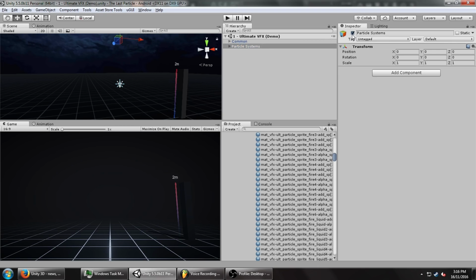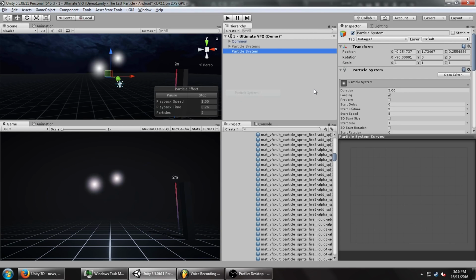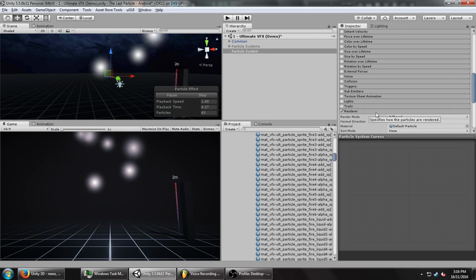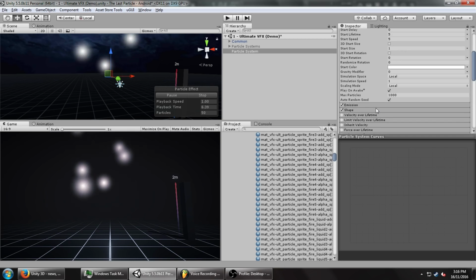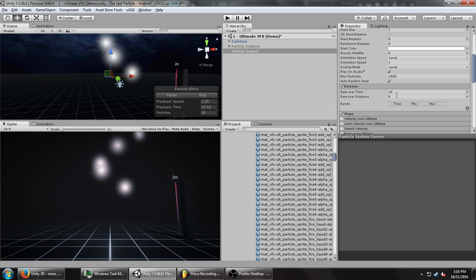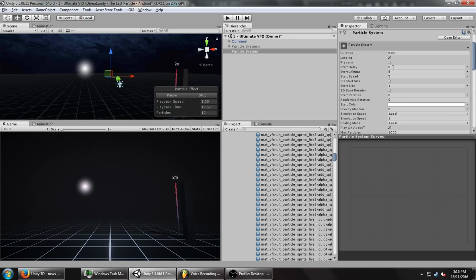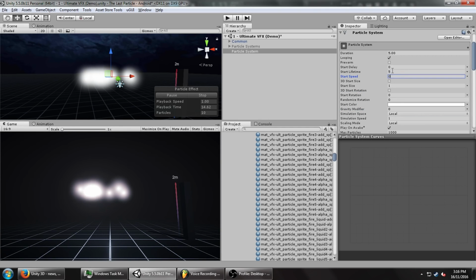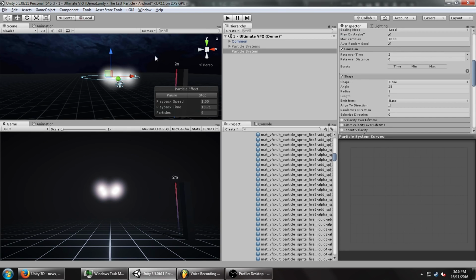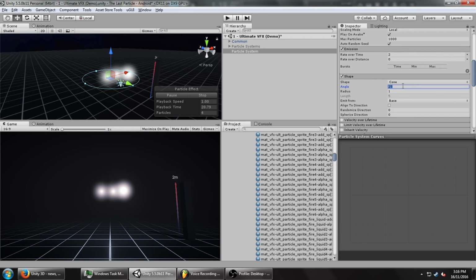So the first thing I'm going to do is create a new particle system. And I'm going to be using again textures from my Ultimate VFX particle pack to speed things up. So the first thing we want to do is turn the number of particles down to about 2, set the speed to 0, lifetime to about 2, and we don't want them being emitted like this, first of all. So we want them to be